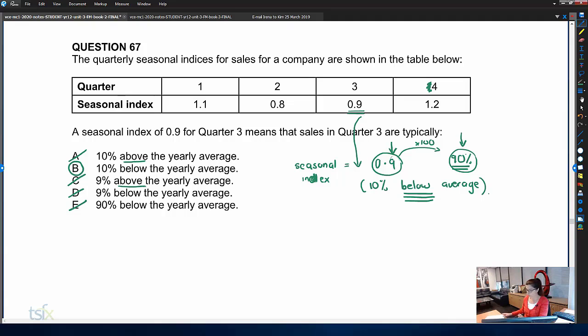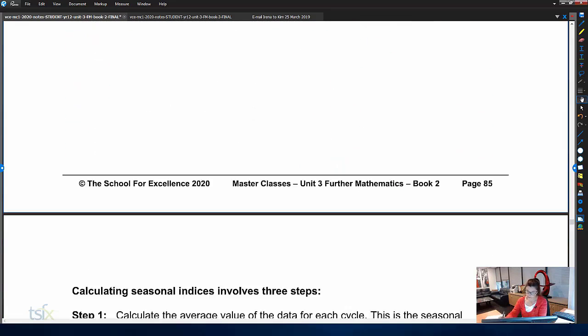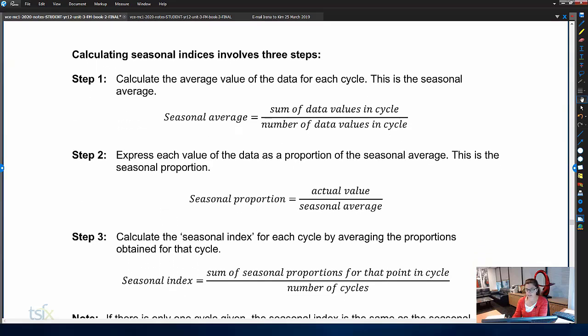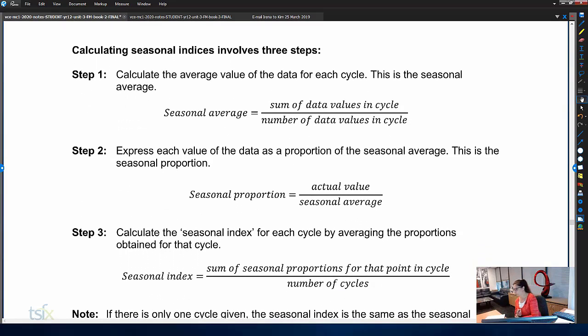So let's move to the next page. We're going to move to page 86 now. As we move to page 86, we're going to go through this page because we were just looking at questions where we were interpreting what seasonal indices